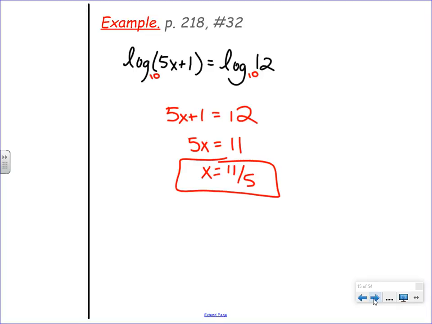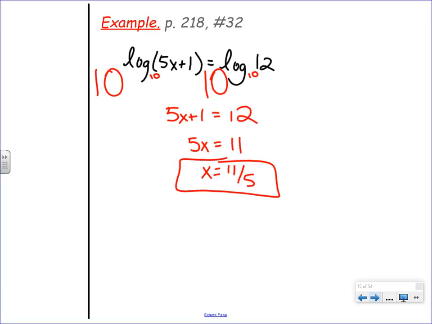Do you know how when there's a square you can put a square root? Or when there's a square root you can put a square? Or when you have addition you can put subtraction. When you have multiplication you can put division. When you have a log base 10 you can put a 10 to the power of. So whatever you do to one side, do to the other.